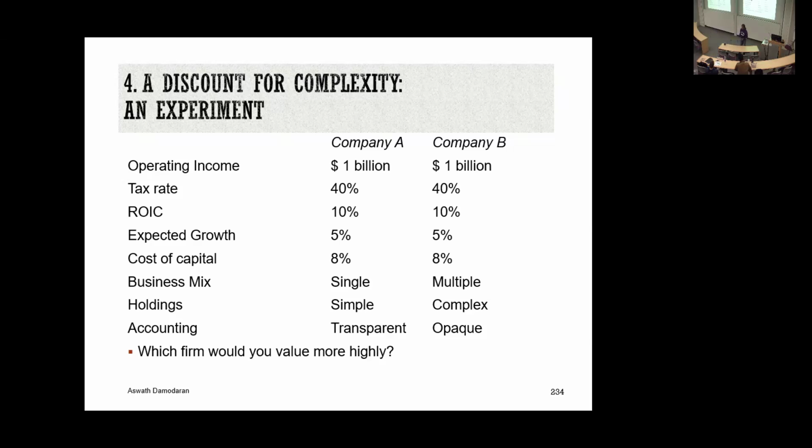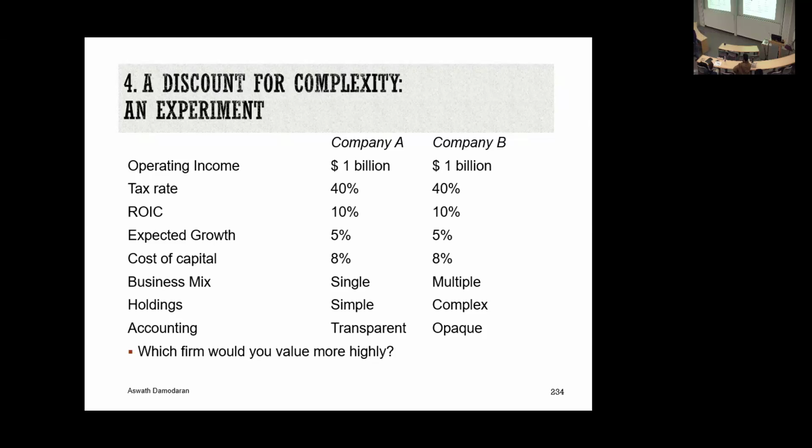We're in class and I said, what do you think about this? And everybody in the class agreed that we need to find a way to bring complexity into evaluations because clearly it is hurting what investors are willing to pay. So I said, okay, that's a neat idea. But to do this, you first have to measure complexity, right? You can't just say, I'll know it when I see it. And second, convert that measure of complexity into something in your valuation. Remember the proposition? Cash flows, discount rates, or growth rate. They all agreed. Great idea.